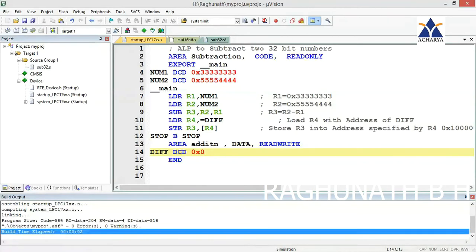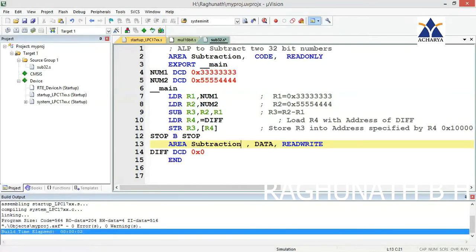Again, in the data area you can give any label. Sub is coming in blue color, so don't give blue-colored names. Any label you can give. So this is the program for subtraction of two numbers. We are using the SUB instruction, SUB R3, R2, R1. R3 is the destination register, and it will perform normal subtraction, that is R2 minus R1.